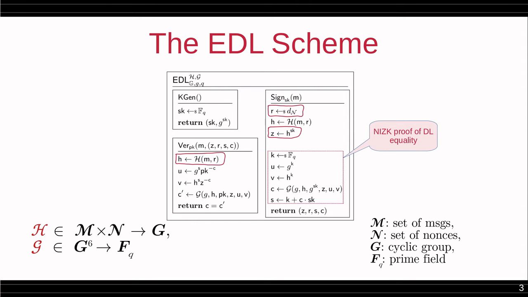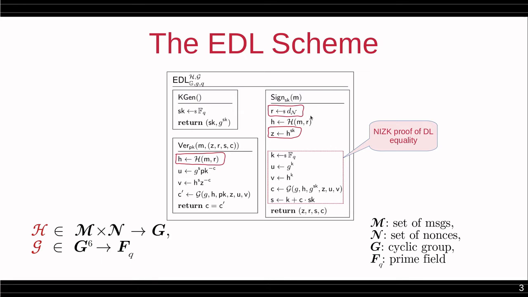So basically this paper was presented by Goh and Jarecki, where they showed that the ADL signature scheme's security is tightly related to the computational Diffie-Hellman problem. The scheme is parameterized by two random oracles H and G. So in this figure we define the ADL.